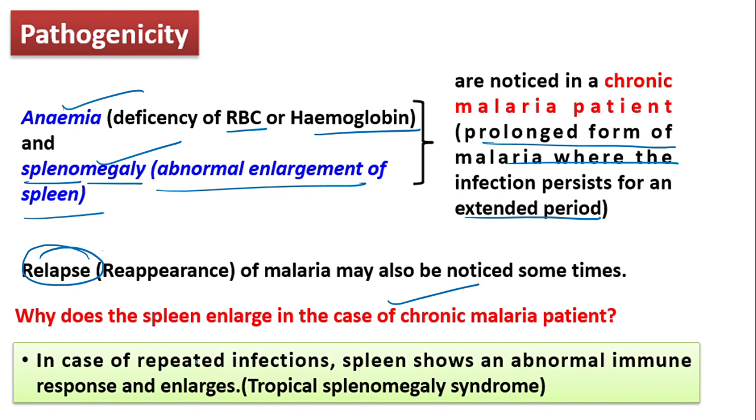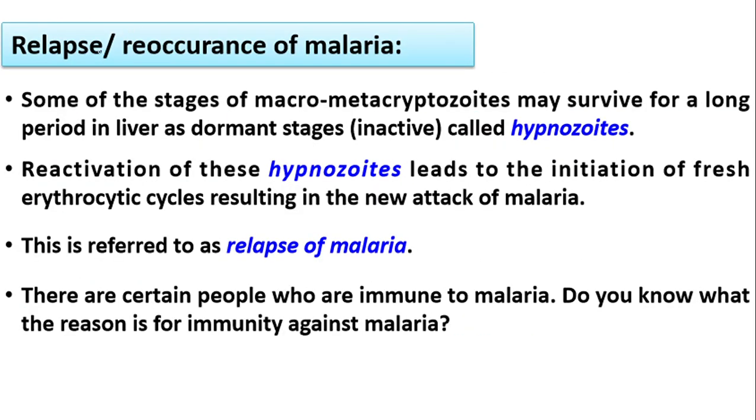Now why spleen enlarges in the case of chronic malaria? Due to repeated infection, and abnormal. See, spleen is also your lymphoid organ. It is the lymphoid organ. So basically it is used in the immunity also. It is used in the immune system or immunity also, right? Now relapse, that means reoccurrence of malaria. Now sometimes what happen, the macro metacryptozoite, that means जो liver को infect कर